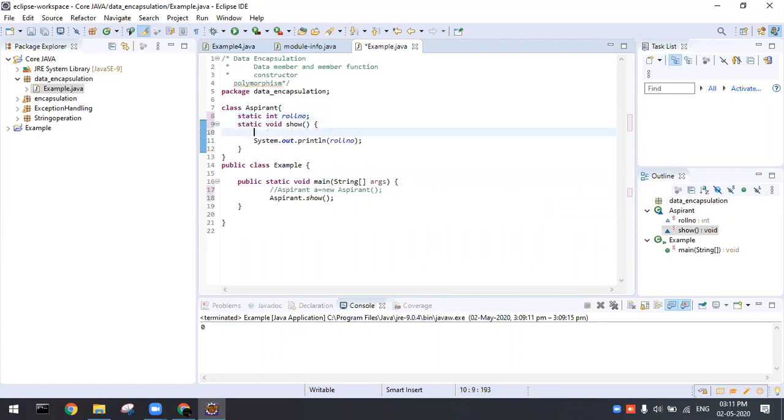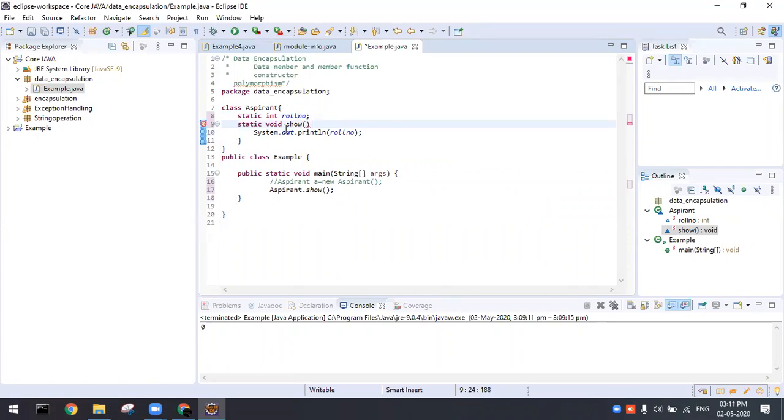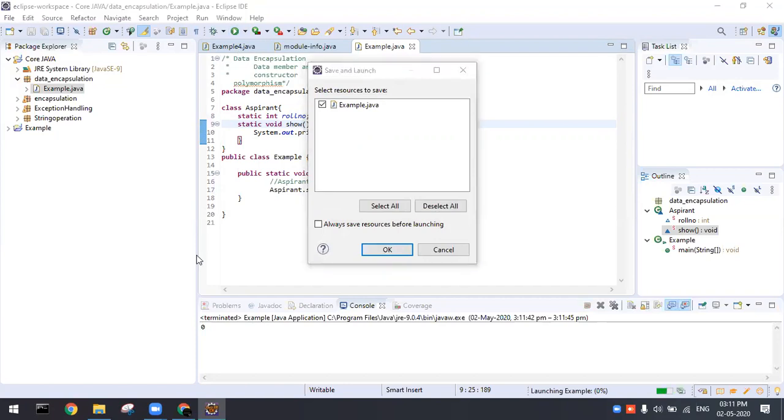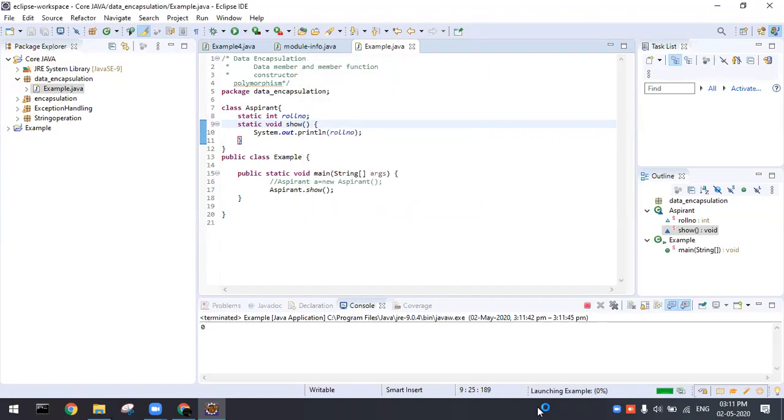If I'm using a normal variable here, int a, this will be allowed because this is a local variable, so inside here there is no issue. But in the case of an outside variable that you are making use of inside a method, if the method is static, you're supposed to use a static variable. With the help of static and non-static, now there is no issue. Okay, so that's it. Now let me go ahead with the execution. I have executed this, so again I'll get 0. Okay, so let me go ahead with the next concept.